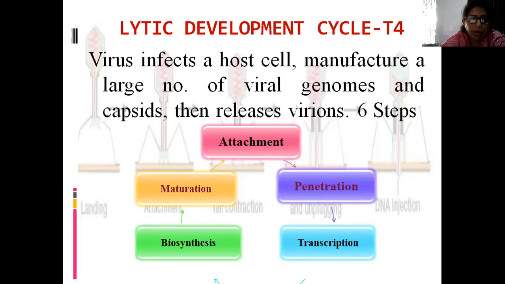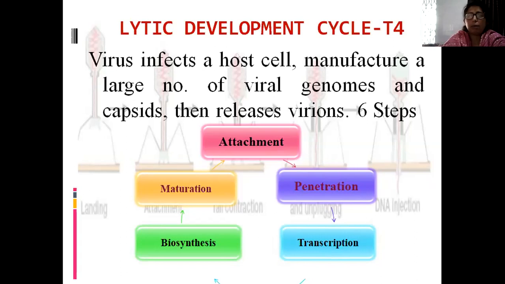What do we mean by attachment? Attachment means the attachment of the viral cell over the host cell. Second is the penetration. Virus does not have its own machinery. It uses the machinery of the host cell, and for that it penetrates its genetic material inside the host cell and leaves the capsid on the outer surface. Third one is the transcription. In transcription, DNA is transcribed and translated into various proteins, and then the biosynthesis takes place, which includes the synthesis